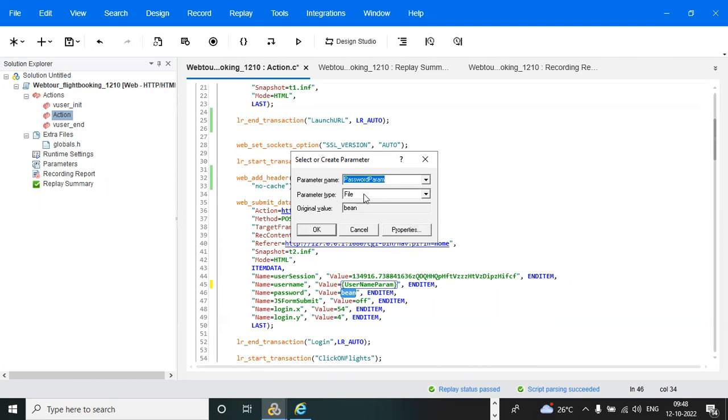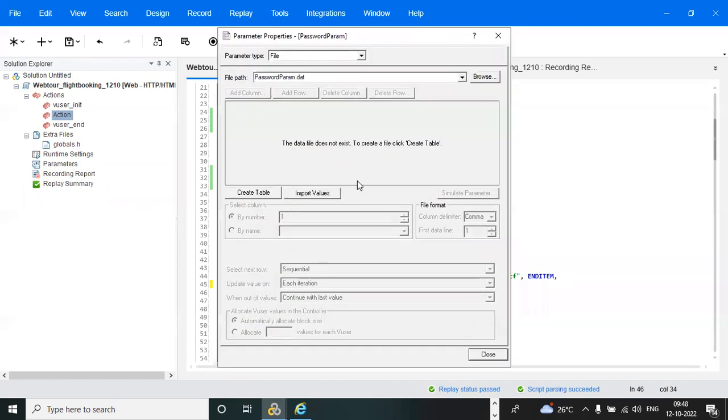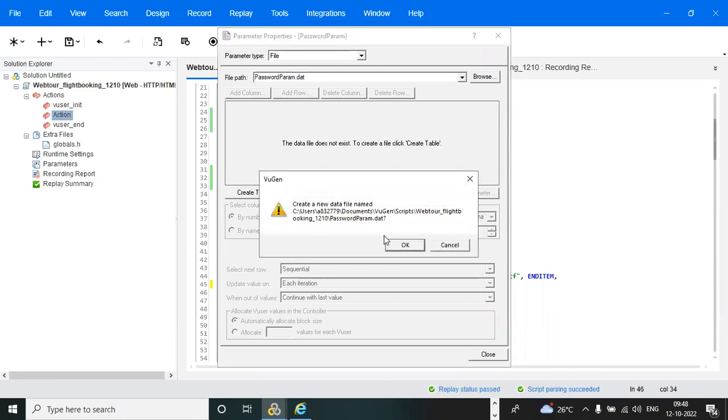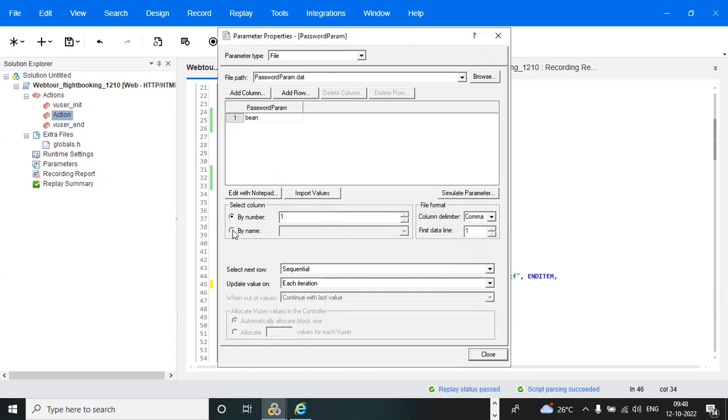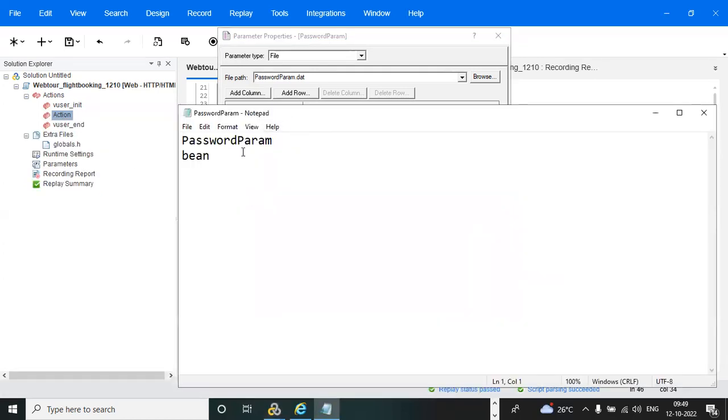Okay, then see, I selected the file type only, right? Bean is the file type. So that is why I selected file and clicked on properties, and this is the file type. What is the extension of the parameterization file? Dot dat. Yes. After that, click on create table and click on OK. And by name, we need to select the name, Password param. You can select Password param. And after that, if you want to keep data, click on edit with notepad and keep the valid